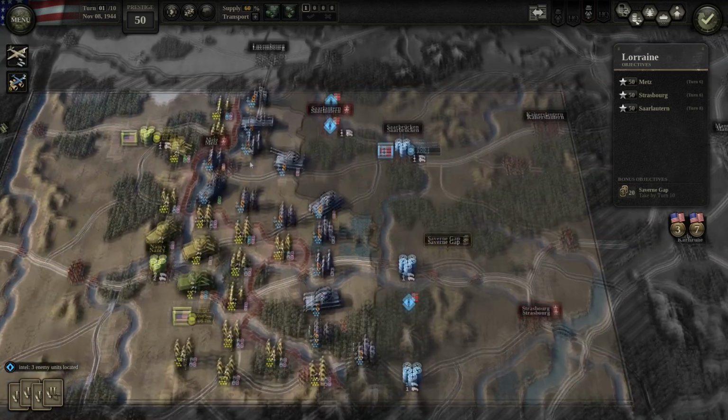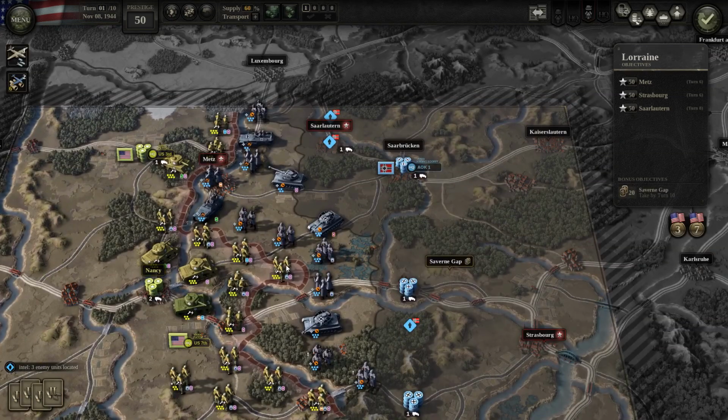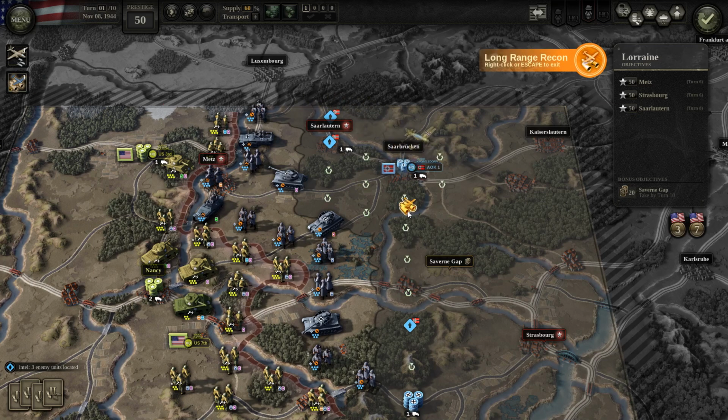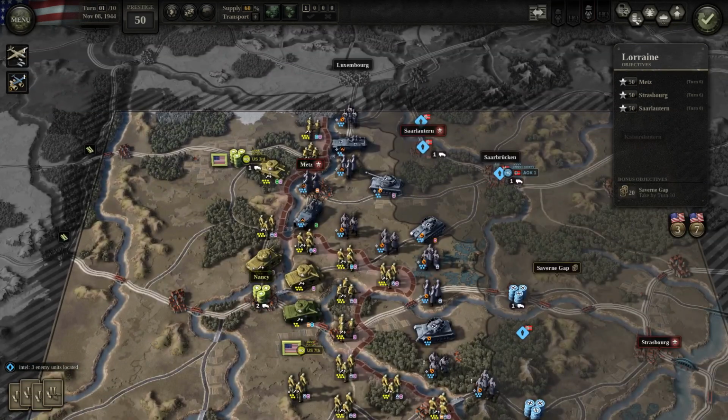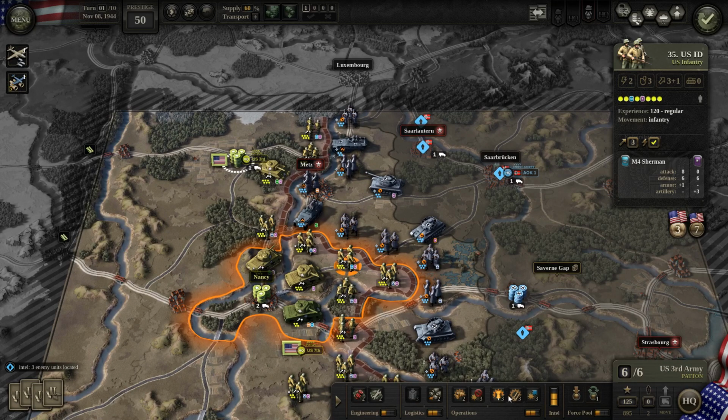So, presumably, since we're across the river, we probably want to try and come in behind Metz and cut their supply. Metz is obviously getting its supply via this road to this dump back here at Saarbrücken. Recon looks like they've got a unit there on the depot. So I think what I'd like to do,